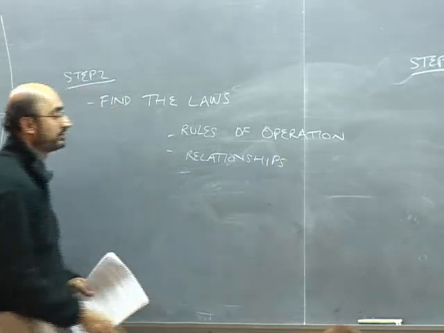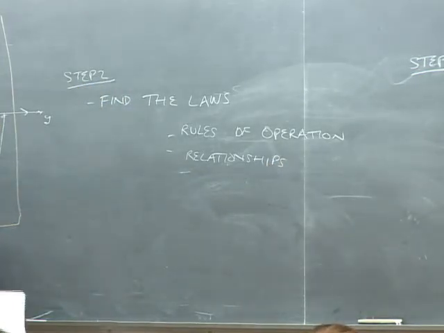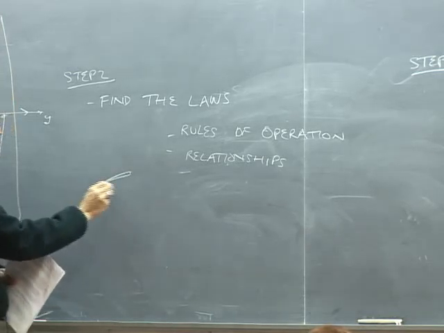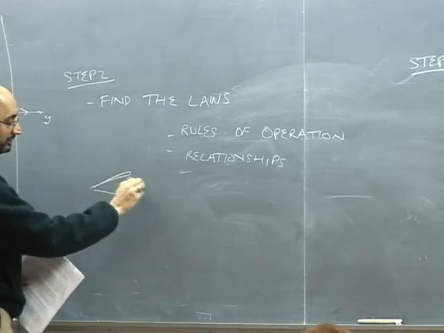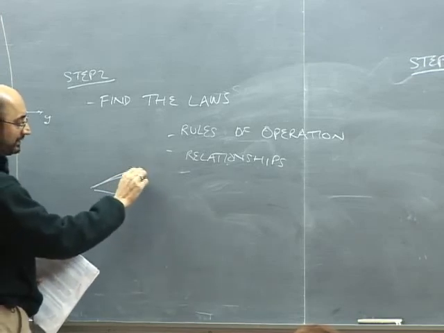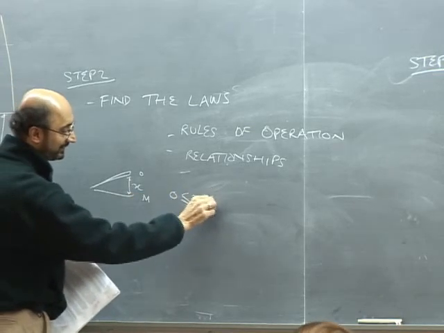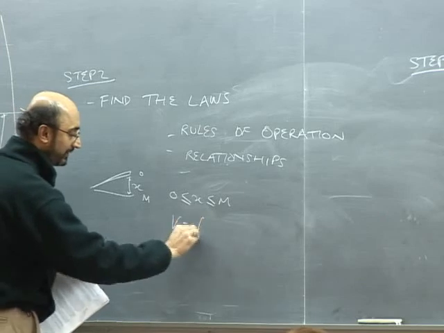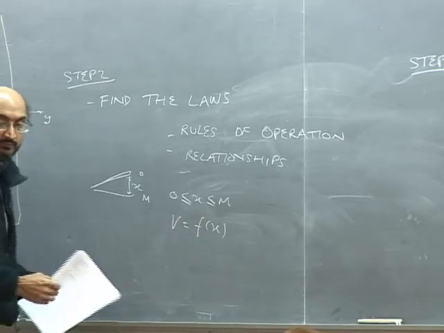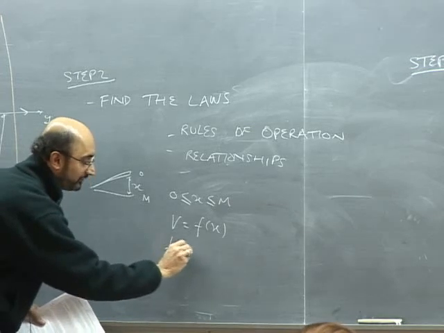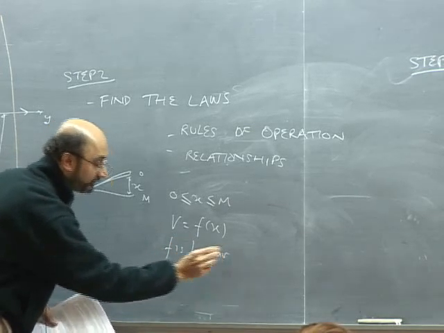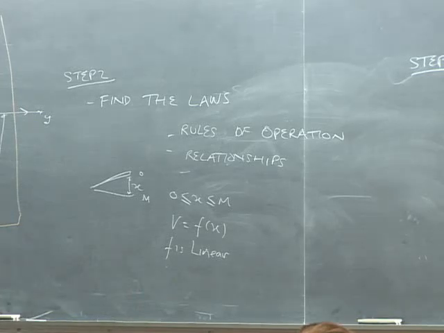For example, one of the laws of the car is if you press the accelerator, the car accelerates and goes faster. That's the rule of operation, and there's a law. Presumably, if this is the accelerator pedal, and this is the distance between the accelerator pedal and the floor, and that's x, and let's say we start at 0 over here, and this is going to be some value m. The law says that 0 is less than x less than or equal to m, and then v is equal to some function F of x, where v is the velocity. And if you're lucky, F is linear. Now we can assume it to be linear anyway. Let's hope. If it's not linear, I'll tell you what to do in a minute, but we can assume F is linear. Okay, so now we have a